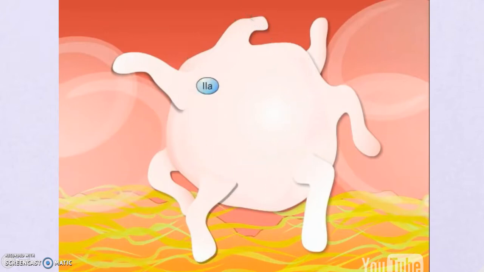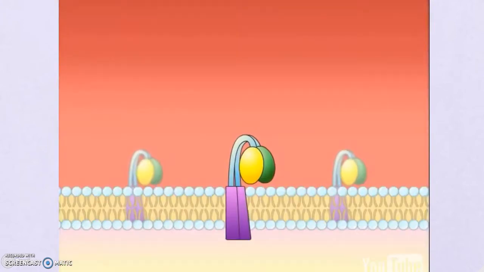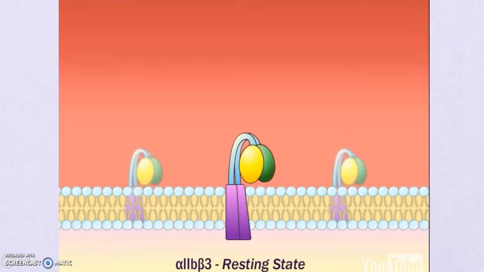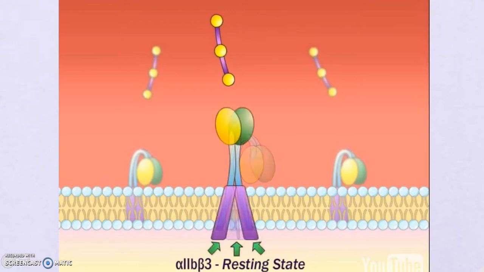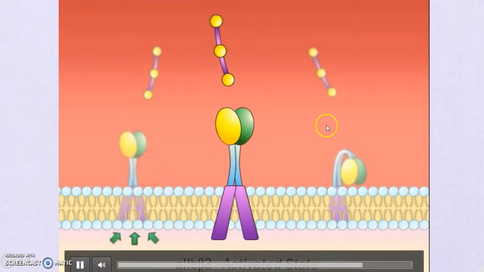Binding of any of the agonists to their respective membrane receptors initiates signaling pathways that ultimately convert integrin alpha-2b beta-3, or GP2b3A, from a low-affinity resting state to a high-affinity activated state for binding extracellular soluble ligands such as plasma fibrinogen and von Willebrand factor. Fibrinogen is shown here. The transmission of an intracellular signal leads to disruption of the complex between the cytoplasmic tails of alpha-2b beta-3, followed by a conformational change in its extracellular